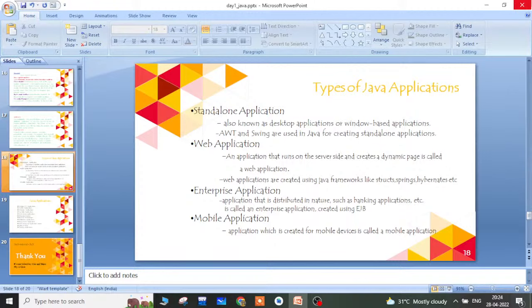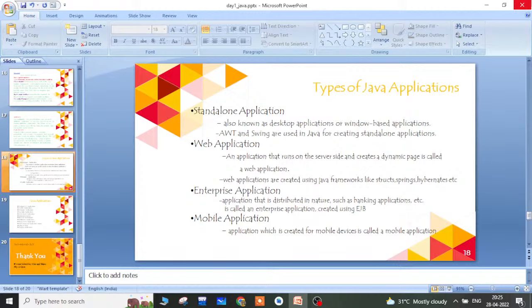And the last type is mobile applications, which are created for a mobile device and can run on your mobiles. Such applications are simply APKs, which run on your mobiles, and those things can also be implemented by using the Java programming language.